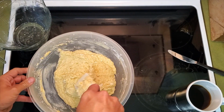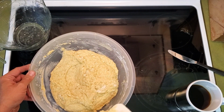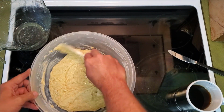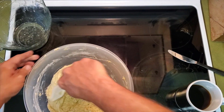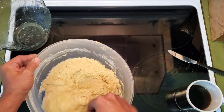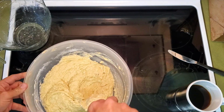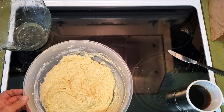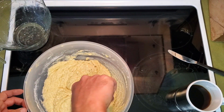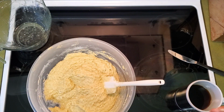So, like I said, what we're going to be doing is taking a divergence from an original recipe here. If you are allergic to nuts or don't want them, or don't want any of the chocolate chips or any of those types of things, then now would be the time to get this into your pans or your muffin tins or whatever it is you're going to be doing with it. I'd originally thought to maybe divide it up into two different parts, but I think based on who's going to be eating this, we're going to be doing